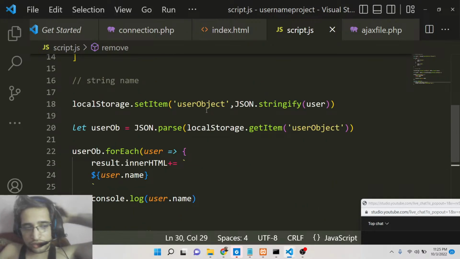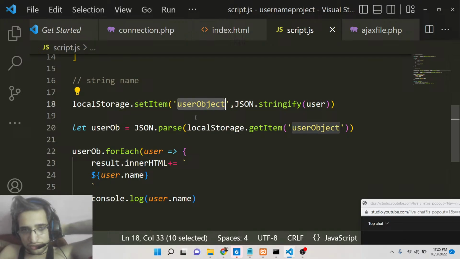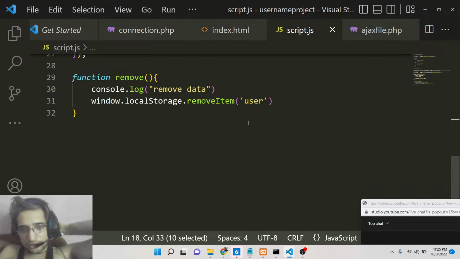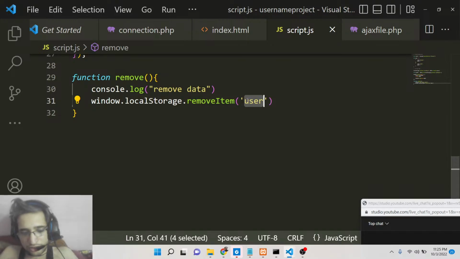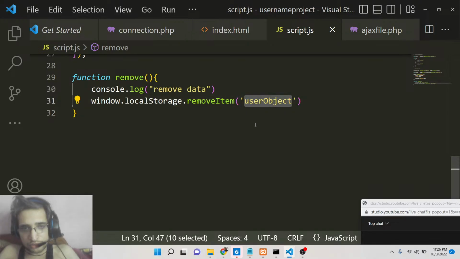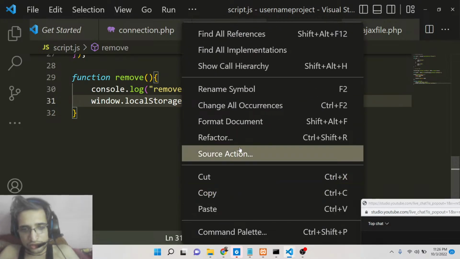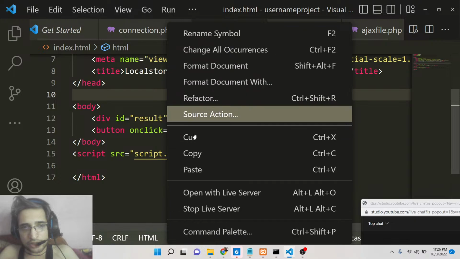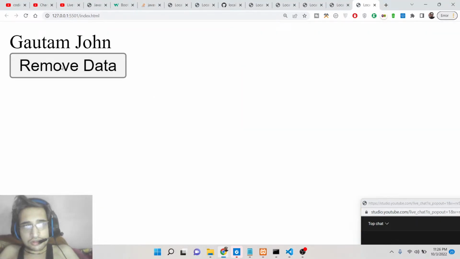Oh, sorry. You can now see there is this error which is taking place. The key was different. The key was user object, not user. So we were providing the wrong key. Here we need to provide user object. So just provide the correct key, which is user object. If you now do this and try refreshing the page, click this data, and if you refresh it,